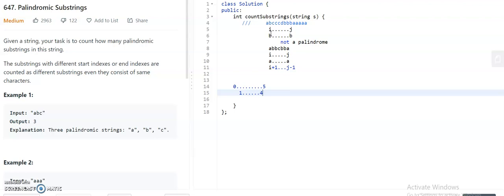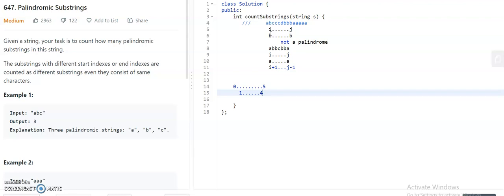When you are going with front to back DP traversal, you will evaluate 0 to 5 first, then you will go for 1 to 4. So it will not work, as we need 1 to 4 in calculating 0 to 5.